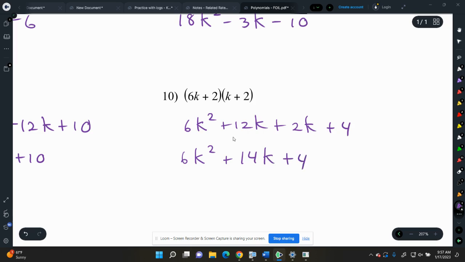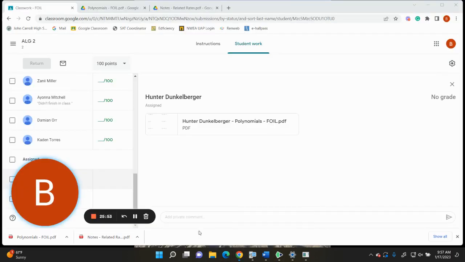Outstanding. Okay, anybody have any questions on the FOIL method before I give you your homework worksheet? Okay, remember, homework worksheet means you should expect